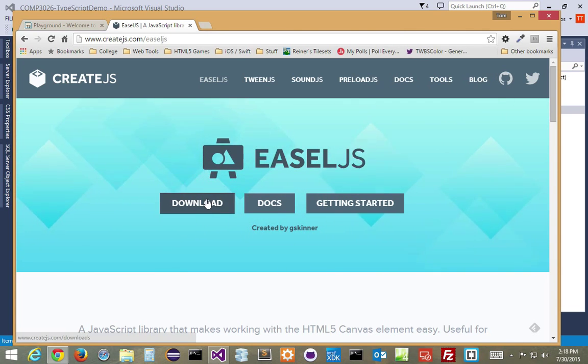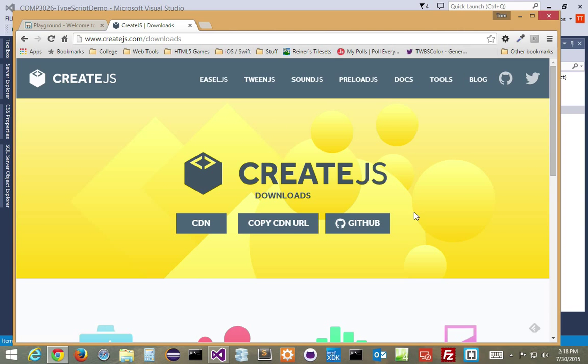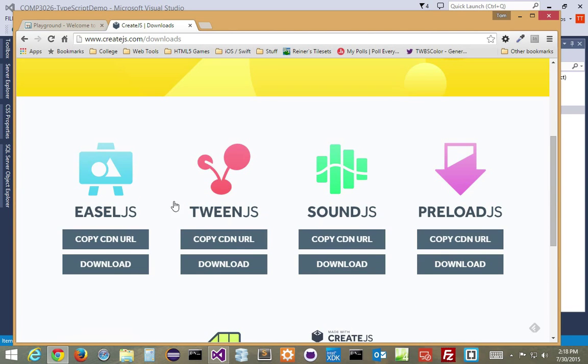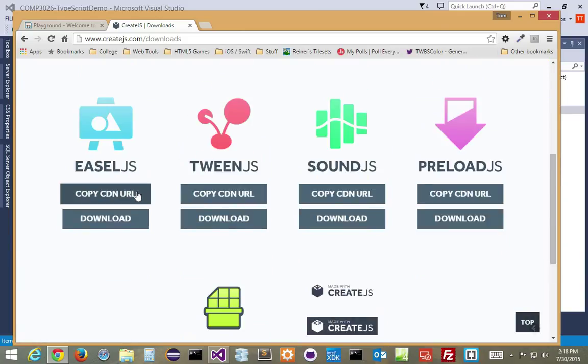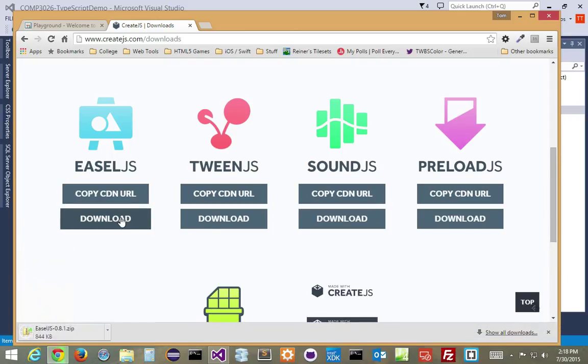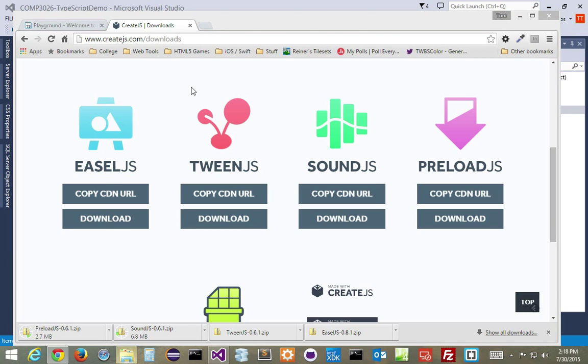So I'm going to go to download my easel.js. And if you notice, there's a bunch of downloads. You can also use the CDN if you really want to. I'm going to just download the actual file. So here's my easel.js, I'm going to download easel.js. I don't think I need tween, but just for the sake of what we're doing, I'll download them all. There they are. I'll let them do their thing and resolve. When I bring them up in my downloads,